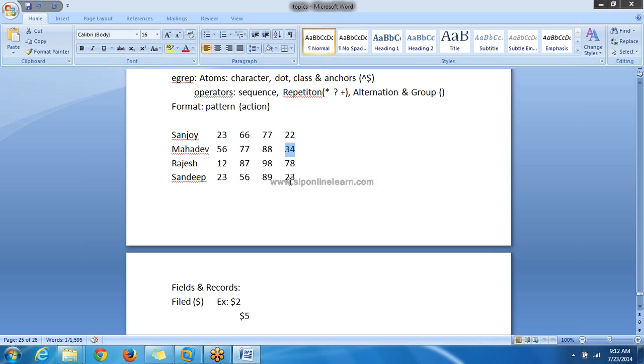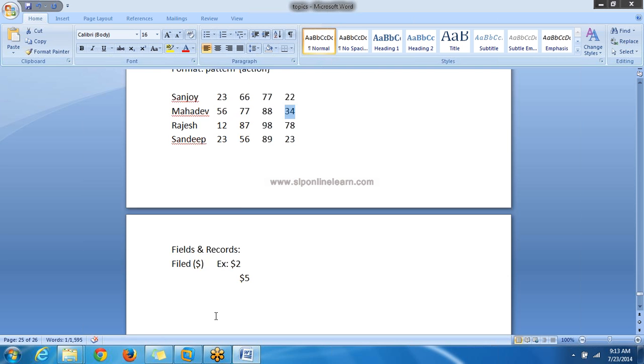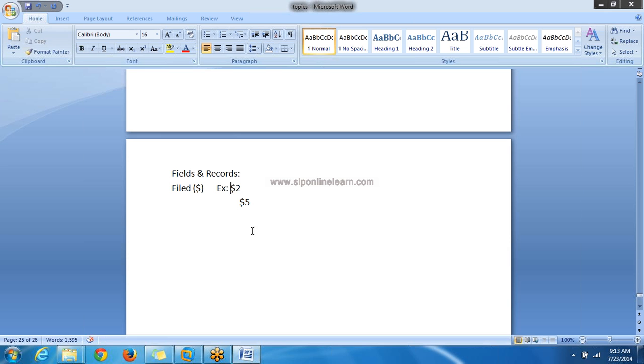There is no limitation, like the file should contain only 5 records or 10 records. Your file may contain thousands or millions of records, but actions will be applied on the specified record or field. So to access the field, use the $ sign. Now how to access a record? To access a record, use $0. So $0 is for record.